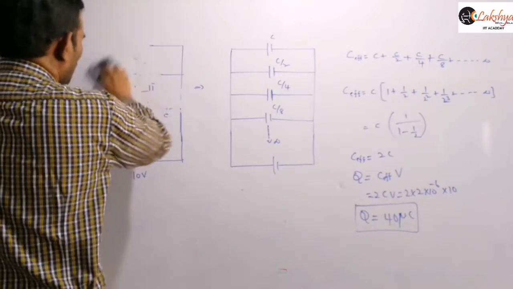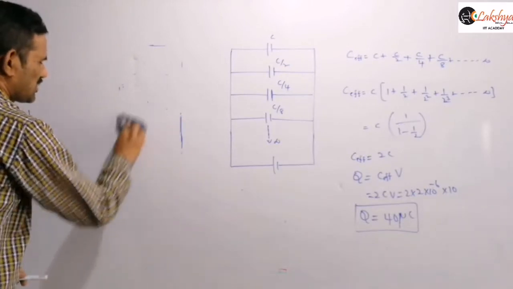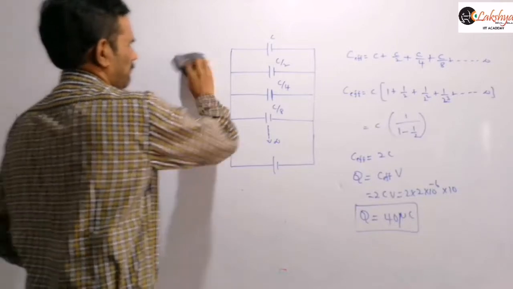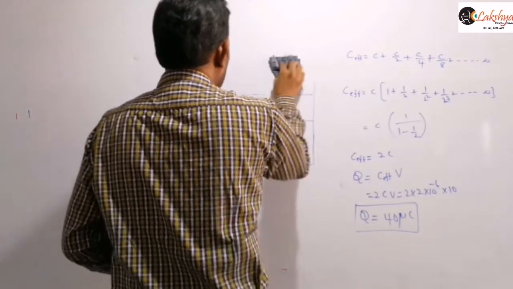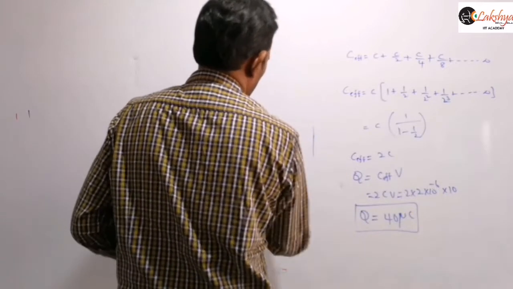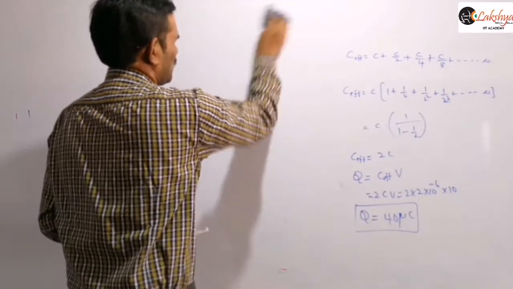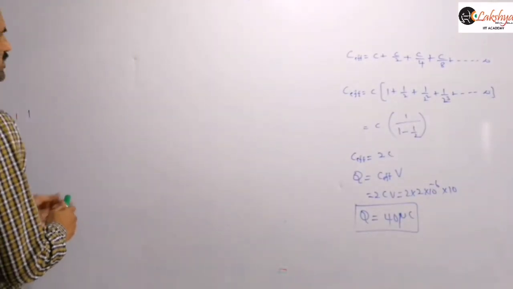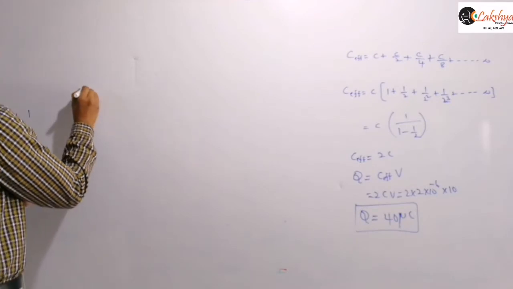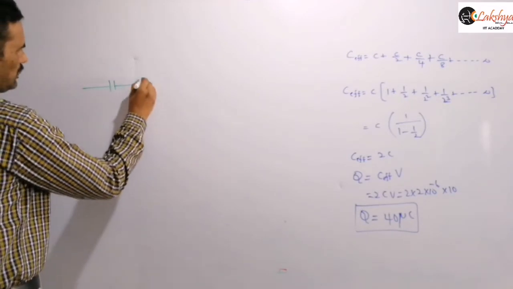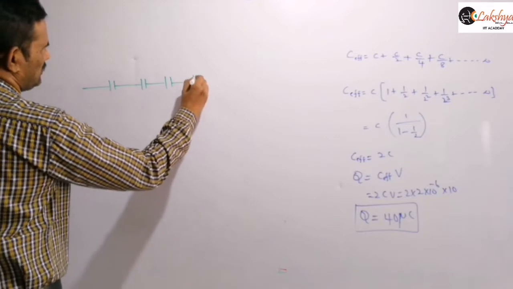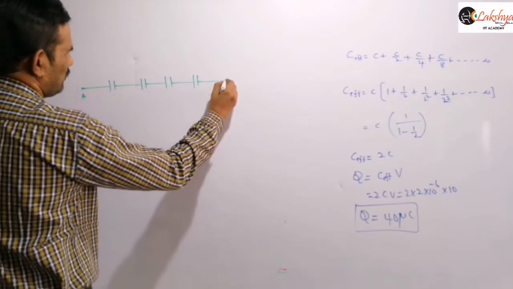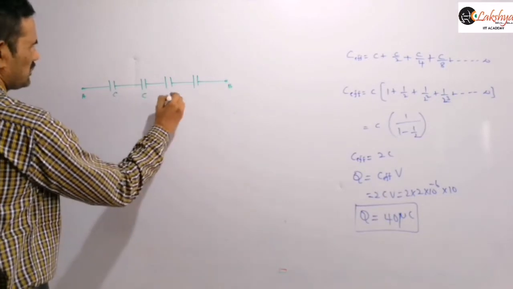Next, in resistors we discussed short circuiting. Such a concept is there here also, short circuiting. In combinations, when capacitors are short circuited, we should not consider those capacitors. Suppose the capacitors are connected like this in a combination, and let us say all are identical, each capacitance is C, right?